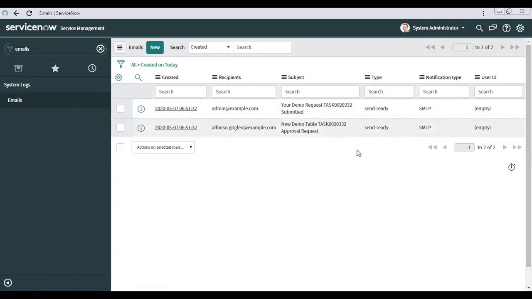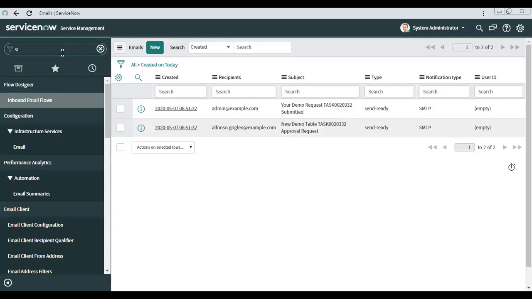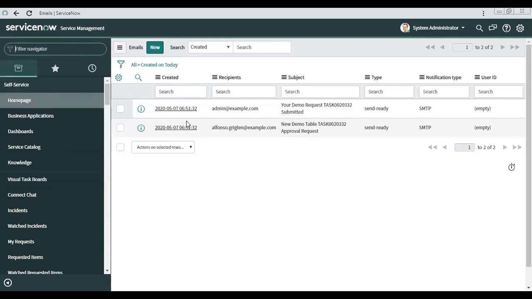If you see this send ready, does it mean that it's triggered already, or it's not triggered? It's ready to send. For the email, the system email trigger should also be enabled, and only then will the email be sent. Okay, in the email properties, right? Yeah. So you mean it may not be triggered, that's why it is still showing send ready? Yeah, because the email properties are not enabled here. So that is something the admin needs to do, right? Yes, that is admin configuration only, an instance-wide configuration.